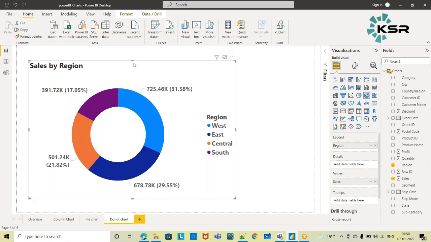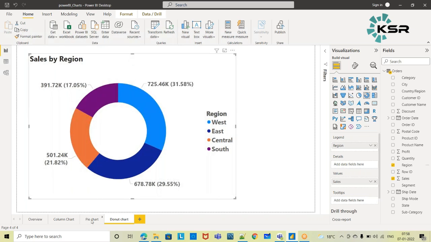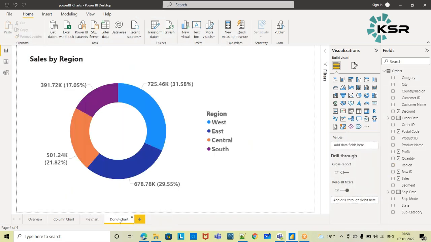So now, what is the difference between pie chart and donut chart? The advantage of donut chart over pie chart is that here we can add one more chart also. So here you can see the space, right? In between we have some empty space. This we can fill with some additional information. So overall sales is getting distributed across these regions. But if I want to see what is that overall sales which is getting distributed across these regions, for this I can add one more chart, okay?